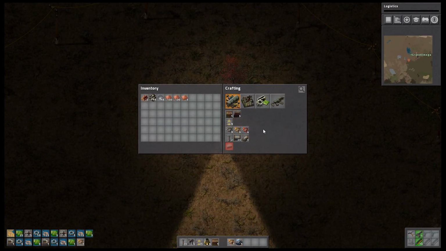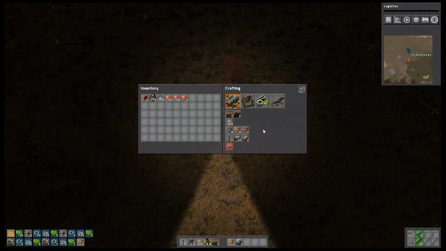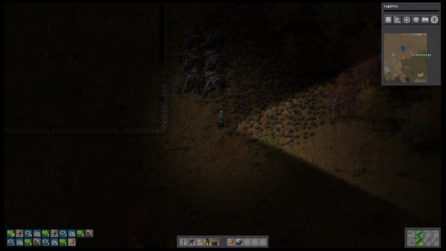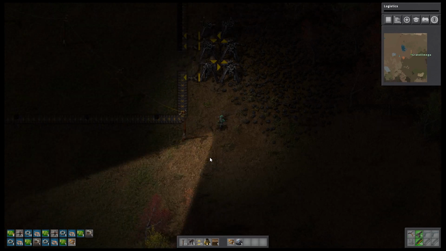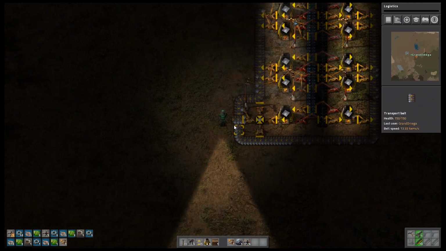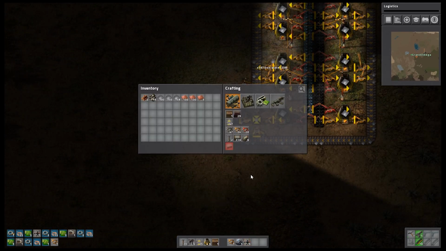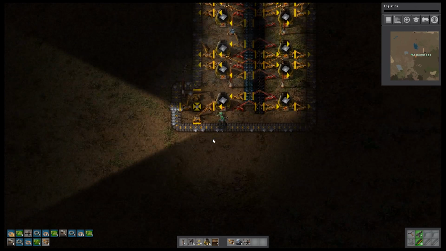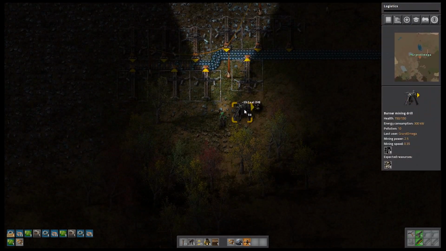Yes. So now that we have automation, we can automate the creation of red science packs. And I thought I did that before sorting out coal, but obviously not. I'm grabbing even more iron. So what we will need to do...